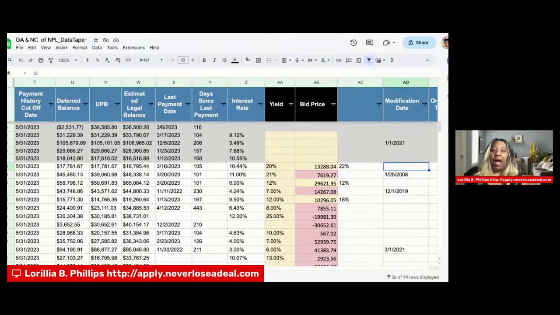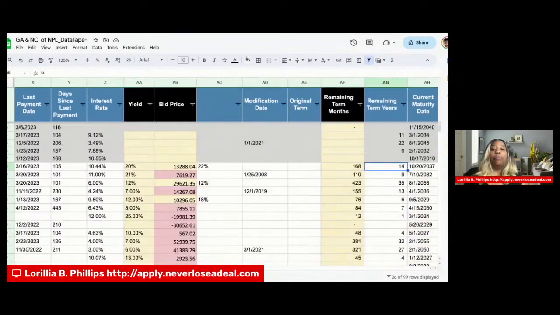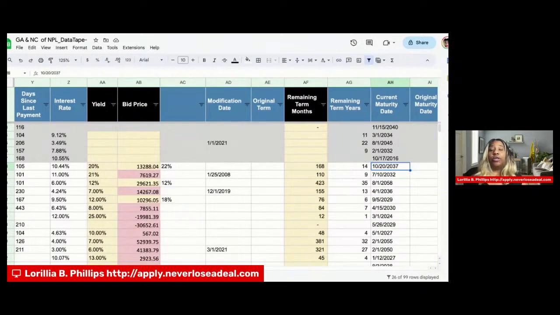So like I said, I run my own numbers. I know how much yield I want. And I'm looking for a 20% yield or 22% yield. And that is how I determine my bid price. And so my bid price is going to be 13,288. That's what I would bid on the mortgage note,